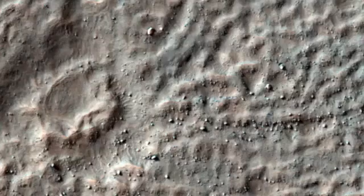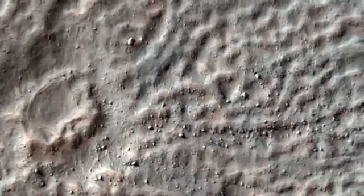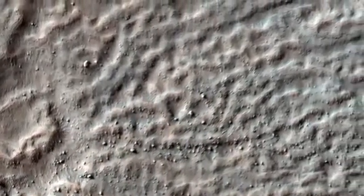The different forms likely have to do with the processes that initiate gully formation, whether related to water or carbon dioxide frost or ice, or neither, the material that was transported (dry soil, rocks, ice, or possibly even water), and the conditions experienced by the different crater walls. For example, the amount of sunlight, the steepness of the slope, the exposure of the layer in the wall in